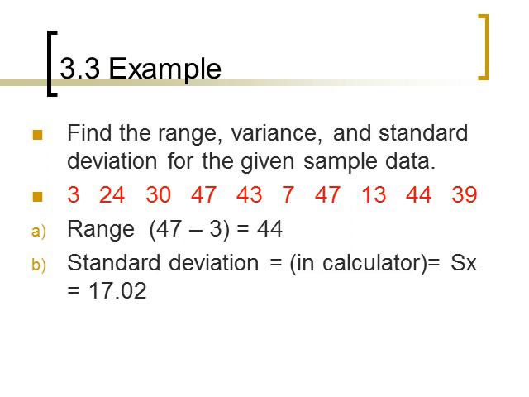The standard deviation is something that you'll need to type in the calculator to do. So in the calculator, remember you press your data button after you have cleared your data, and you'll enter for x1, 3, arrow down to x2 and type 24, arrow down to x3 and type 30, arrow down to x4 and type 47, and continue that pattern. Once you've entered in all the data, you press stat var. At stat var, you can see the list of calculations that the calculator has completed. You want to arrow to the right until you're under Sx, and you should get that the standard